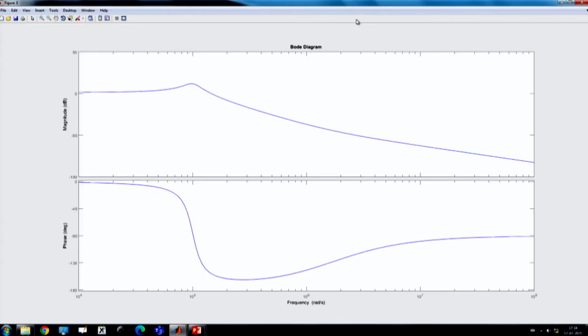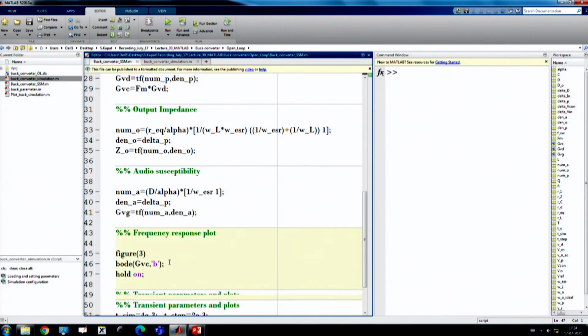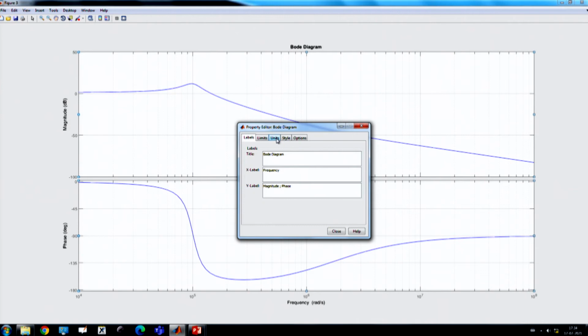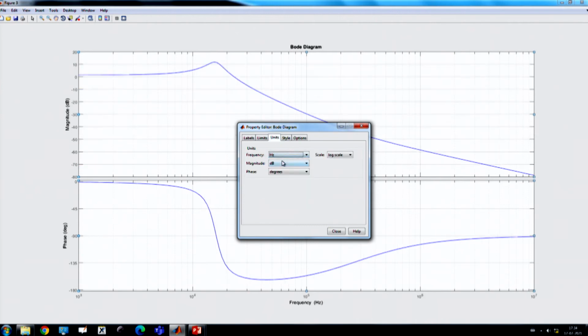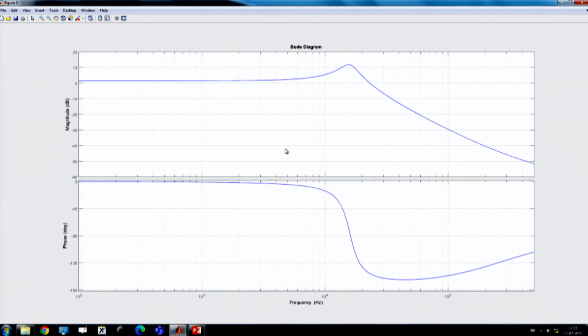This is the Bode plot that I have already shown. Now, if you grid on, so let me write down here the Bode plot. You can say grid on. Okay. So, it will grid on. Now we need to plot using hertz, not in radian per second, and we should limit it, because our switching frequency is 500 kilohertz, and we want to plot from, let us say 100. Okay. So, this you have already seen.